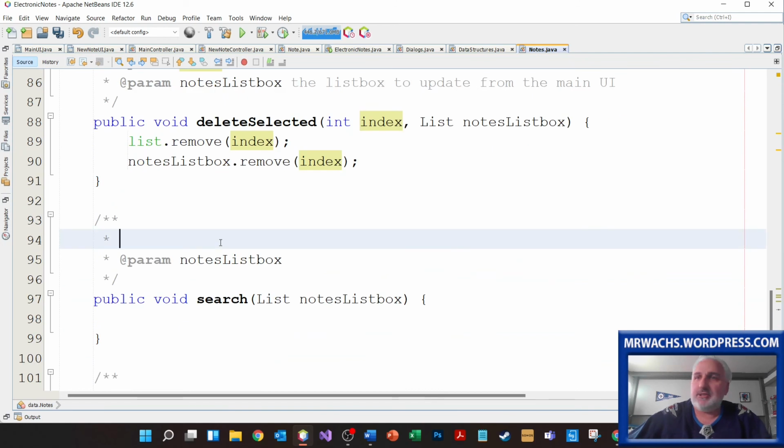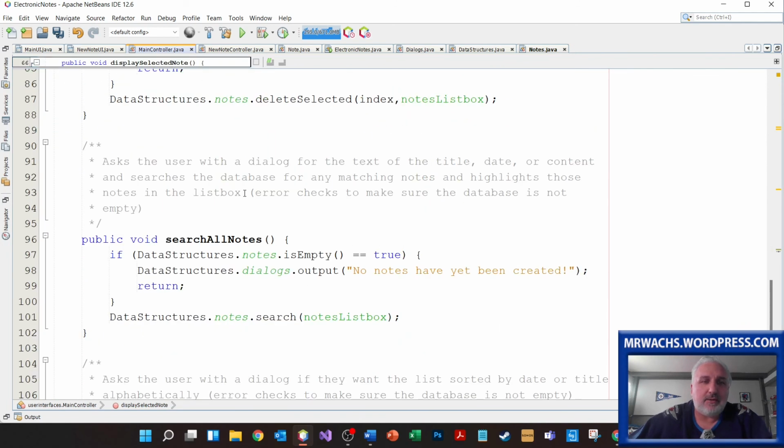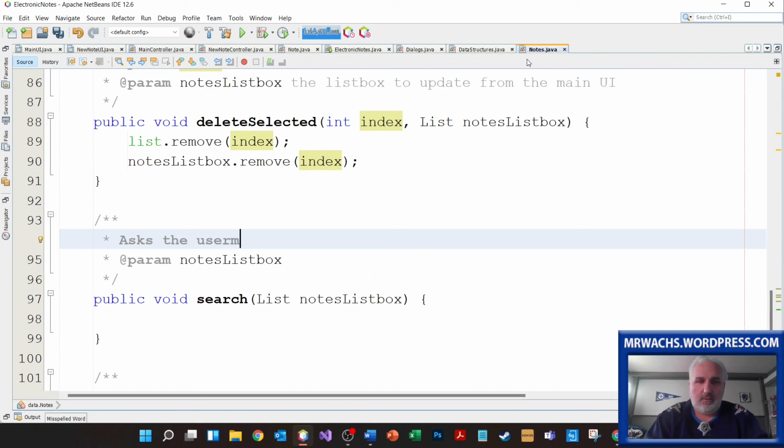All right, so search. What does search do? Okay, well, we kind of know a little bit about what it's going to do. Search is going to ask the user, and if you want, you can actually go back to the main controller and look at what it says right here, search all notes. We kind of have some commentary in there, so I'm just going to rewrite that in a lot of ways. So it asks the user with a dialog for the text of the title, the date, or content,